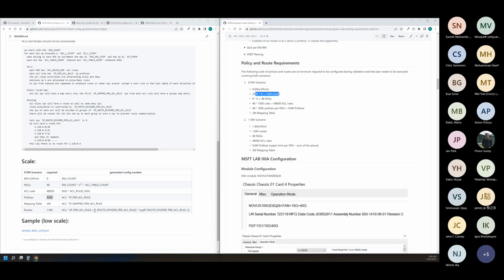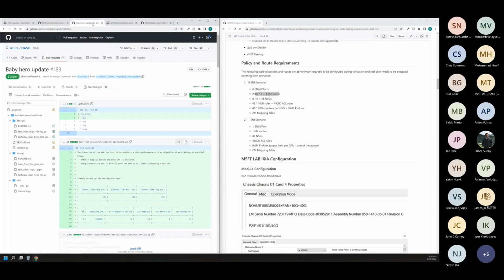So basically it's divided by 8 multiplied by 3, and you get, I think, 3 point something million routes. Or you can make it a group of 16, it needs to be a power of 2, and you divide by 16, but then you have 4 routes for these 16 IPs, I believe, and you get another number which is lower than 1.6 million. So routes are not quite there, but